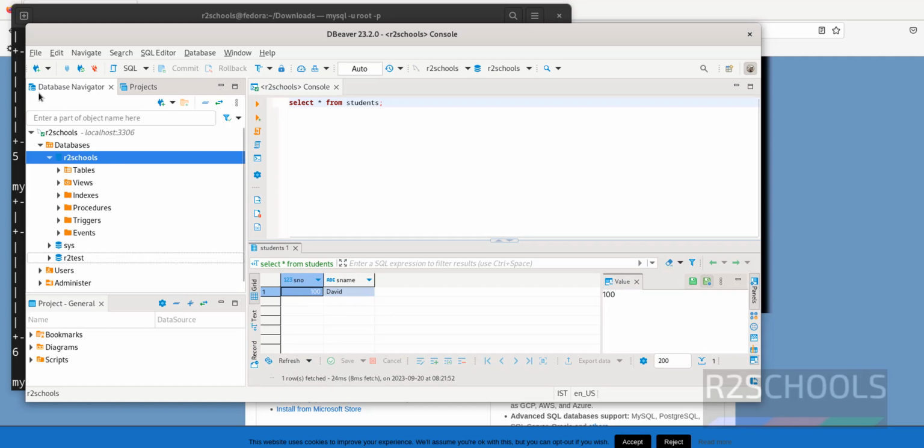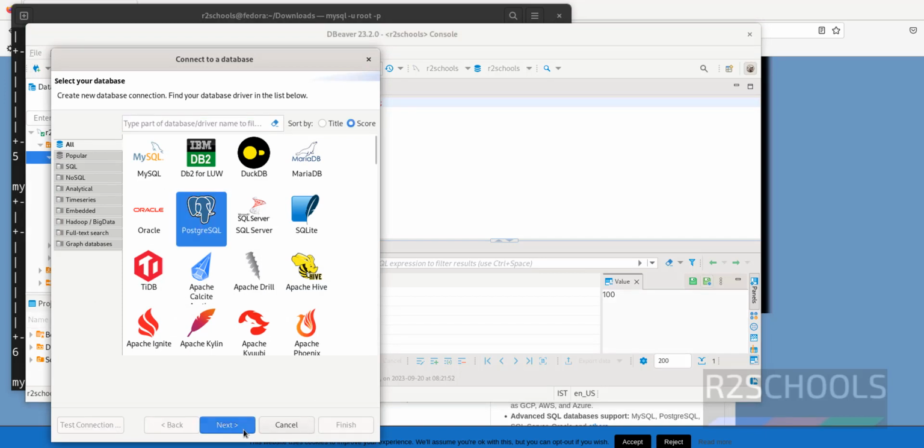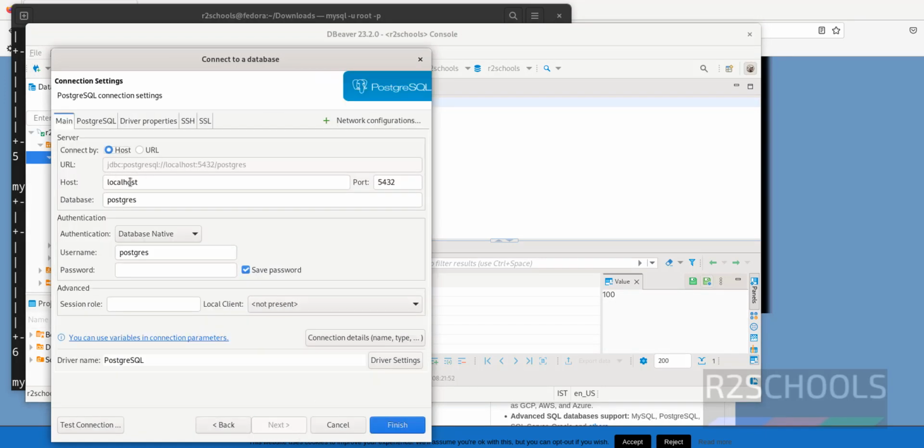Now we are going to see how to connect to PostgreSQL. Click on this new database connection. Select PostgreSQL, click on next. If you want to provide host information, you have to click on host. Otherwise, if you want to go by URL, here we have to provide the URL. If you want to give a different username, you have to provide the username. For database name I am giving R2 schools, which is already there in